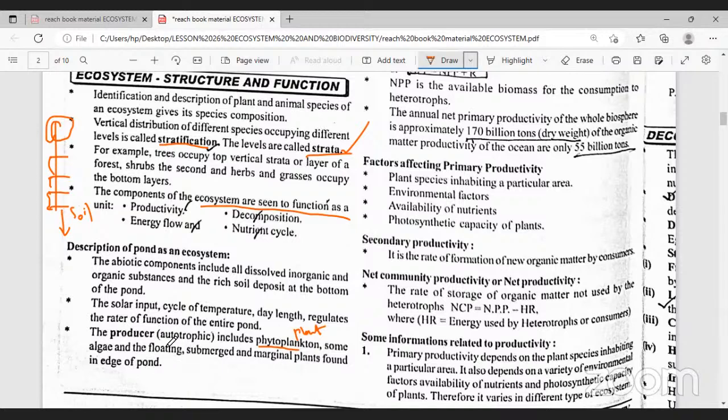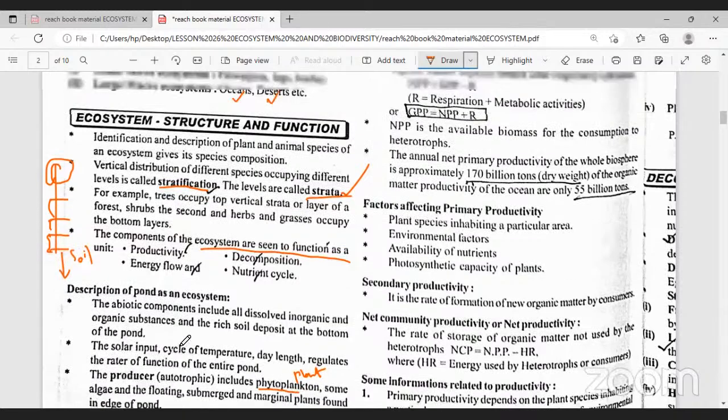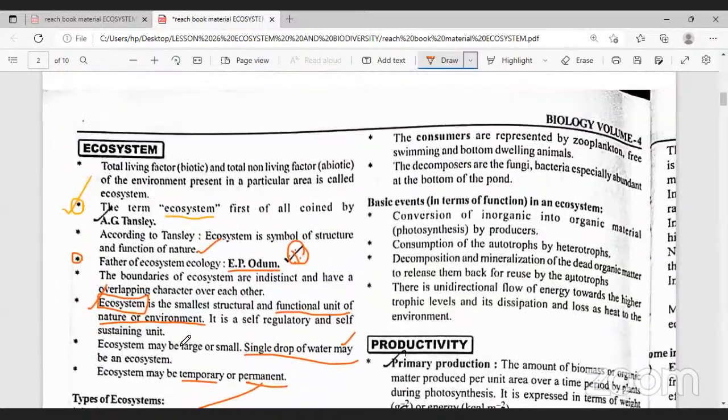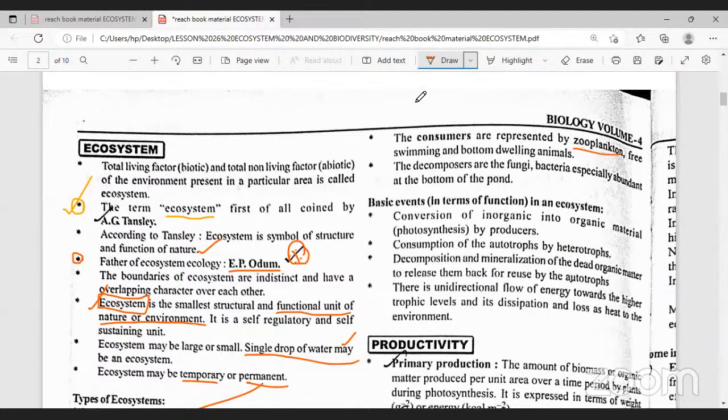These are all producers, because they trap the light energy and produce their own food material with the help of light, in the form of starch. They are all considered producers, isn't it? And the second one is the consumer. The consumers are represented by zooplankton. The plant, that is called algae, is eaten by zooplankton. Free-swimming and bottom-dwelling animals